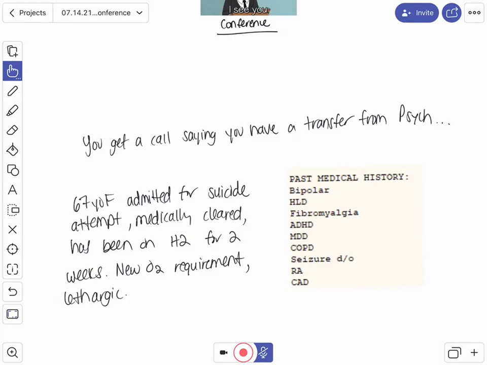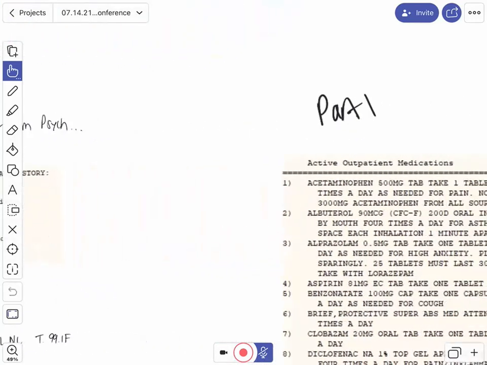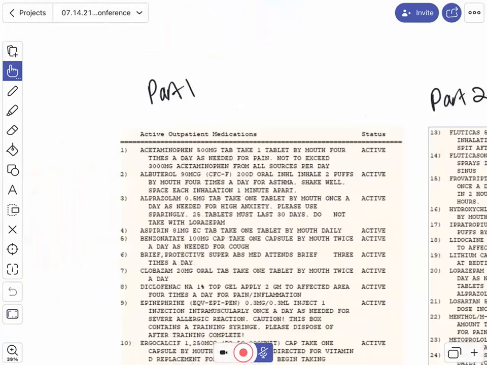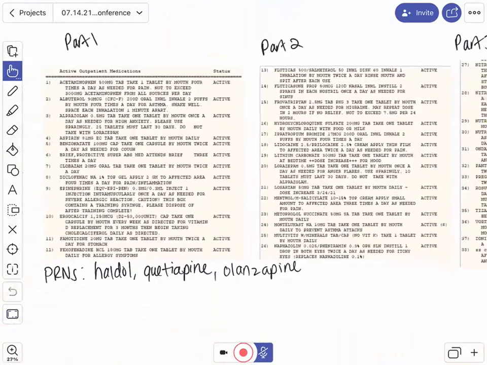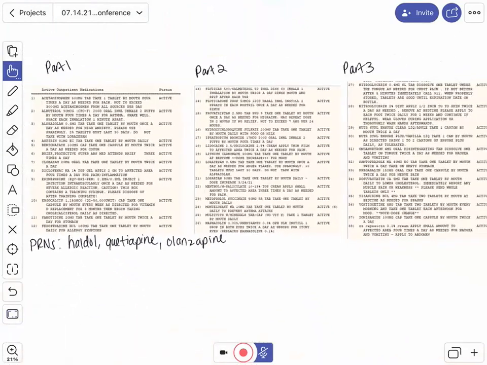Medlist? Okay, perfect. So for those of you on Zoom, I'm going to put Medlist up here. She has quite an extensive Medlist. It is 3 parts. And what I'm going to do for those of you in the room is pass out these medication lists. What I want you guys to do is, for any medication you're unfamiliar with, look up what its mechanism is and just jot it down